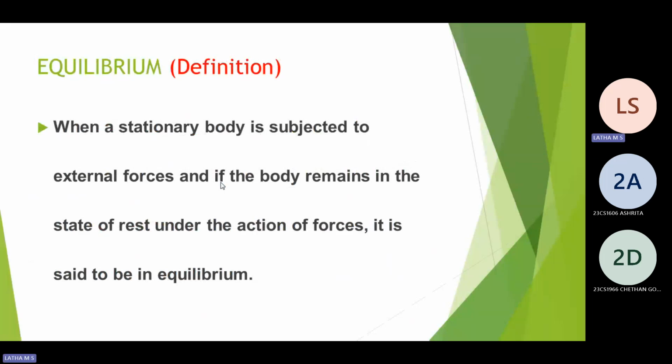Equilibrium. I say I am under equilibrium. Equilibrium tells us stable, steady. You can take up all the forces coming on you. Even if I put 10 kg of load on you, you will be stable. Why? Because the other leg is ready to take the load. Your knee is taking it, with net vertical force coming on it equal to 0. That means when a stationary body is subjected to external force and the body remains at rest, it is said to be in equilibrium.